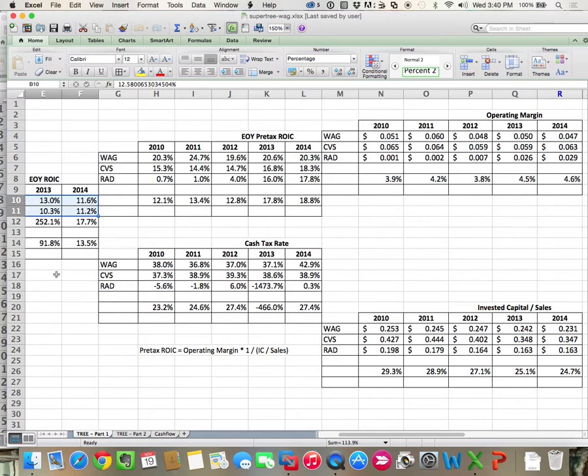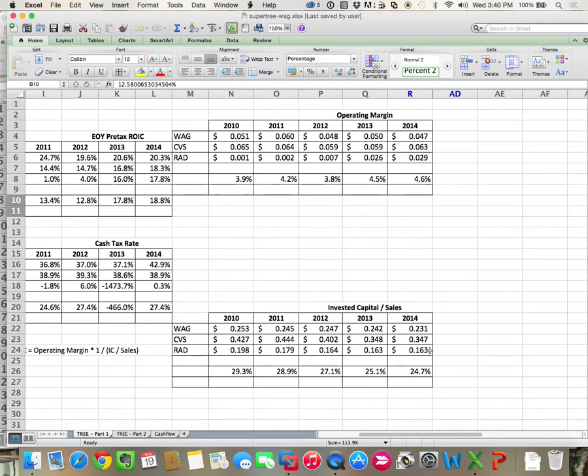The reason the ROIC went up is not because of taxes, it was all pre-tax ROIC. So again, the pre-tax went from 12 to 18. Again, most of that was driven by Rite Aid. In terms of the margins and the productivity, the primary reason I think that the ROIC went up, we'll start